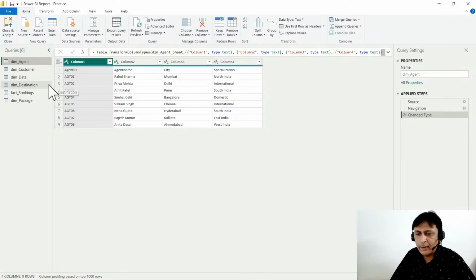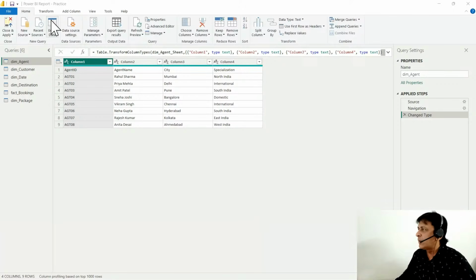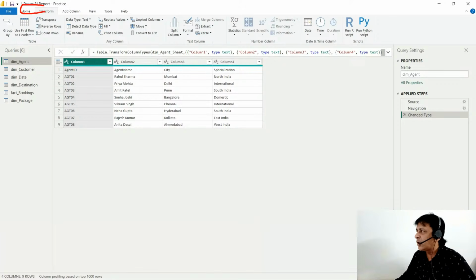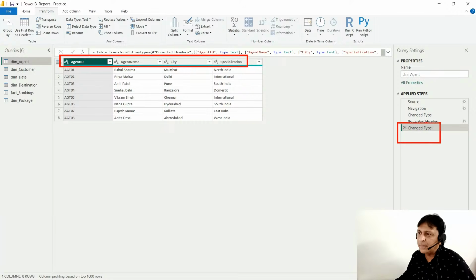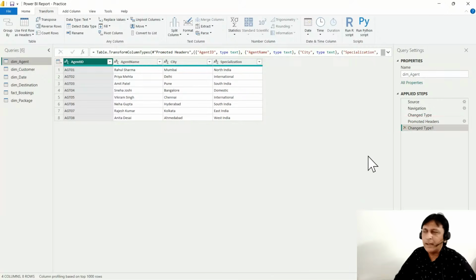सो अब यहाँ पे वन बाय वन हम लोग प्रॉब्लम को सॉल्व करेंगे। डिम एजेंट है हमारे पास, तो डिम एजेंट के अंदर में हमारे पास है हेडर्स आर मिसिंग। सो हम लोग जाते हैं ट्रांसफॉर्म टैब में, और ट्रांसफॉर्म टैब में पहला ऑप्शन है यूज फर्स्ट रो एज अ हेडर। तो यहाँ पे हमारा हेडर फिक्स हो गया। जैसे ही हेडर फिक्स हुआ, आप यहाँ देखोगे कि प्रोमोट हेडर का एक स्टेप आ गया है, और यहाँ पे रिकॉर्ड हो चुका है।